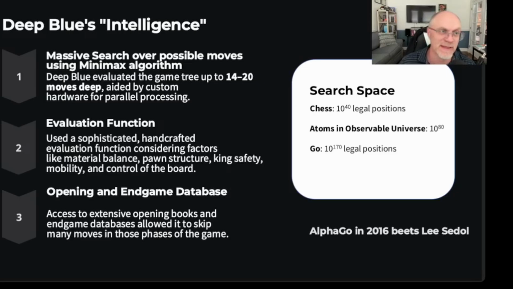Okay, so let's look at Deep Blue's quote-unquote intelligence. How did it do this? Well, it had a minimax algorithm, an algorithm where it would evaluate the board state and rate it favorably toward one side or the other. The minimax part comes from when it's your move, you want to maximize the potential. Then when it's your opponent's move, you want to minimize it, right? You don't want them to do well. And it would look ahead 14 to 20 moves. So a very deep tree. And this is our search problem to some degree, where it's trying out different moves and seeing what leads to the more advantageous board state for me.